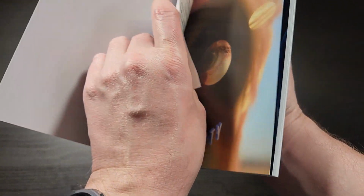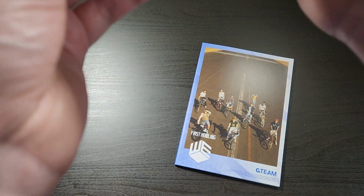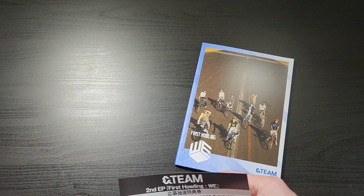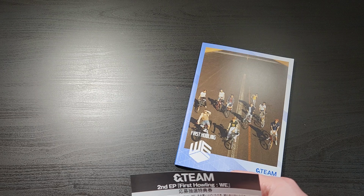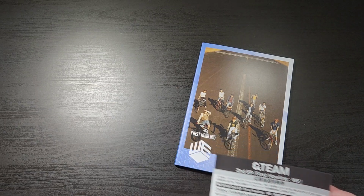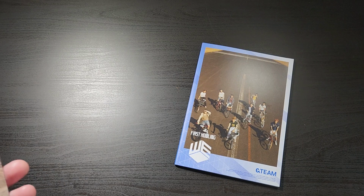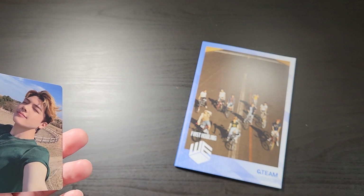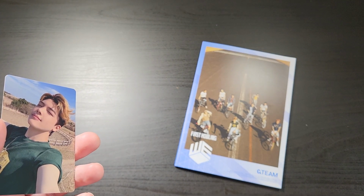So let's go ahead and take a look. There's a couple of things in here that are just kind of sitting in here. One appears to be, I guess, a code for something on the Universal Japan store. I'm not sure exactly what it is. I'll probably look into it. But yeah, it's some kind of code for something on the